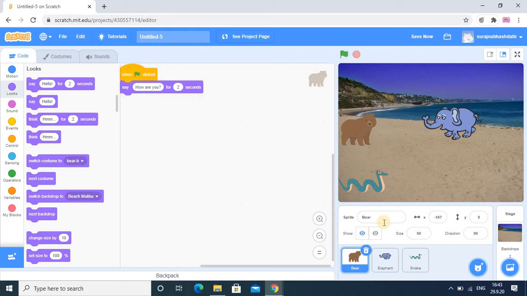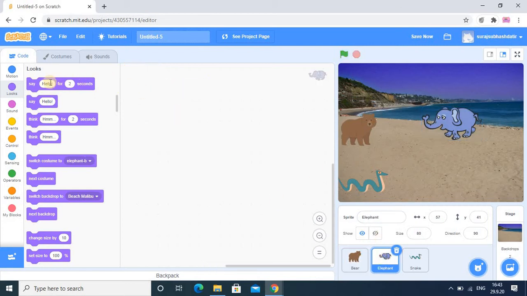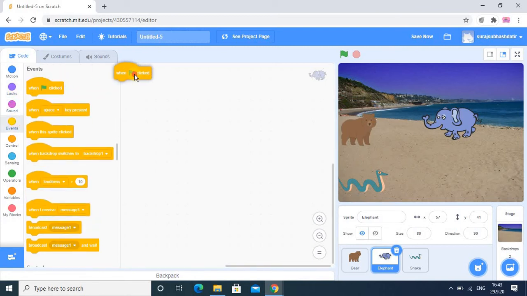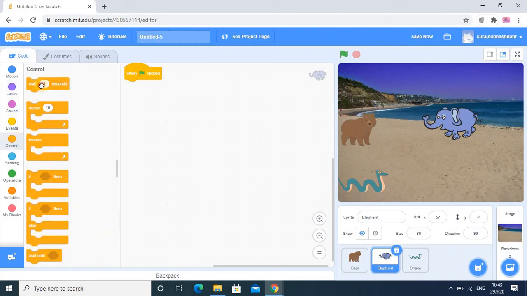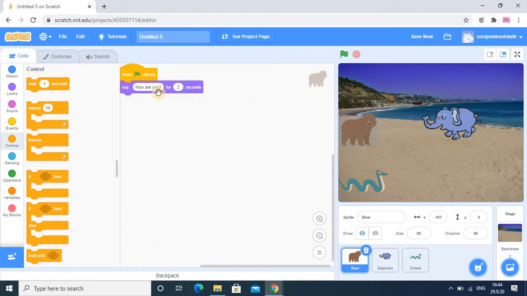It is working fine. Then after that, in the elephant section you have to put the block. First in the event section you have to add when flag is clicked. And as we have seen in the last class, we have to add the wait block, because when the bear is speaking the elephant should wait. And we observe here it is speaking for about 2 seconds, so you have to add wait. It should wait for more than 2 seconds, so it is 2.5 seconds. Then